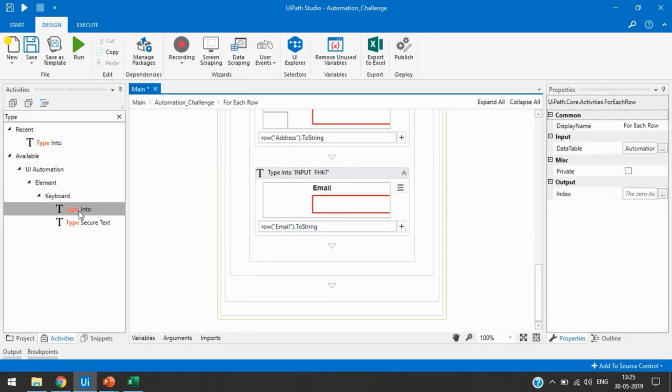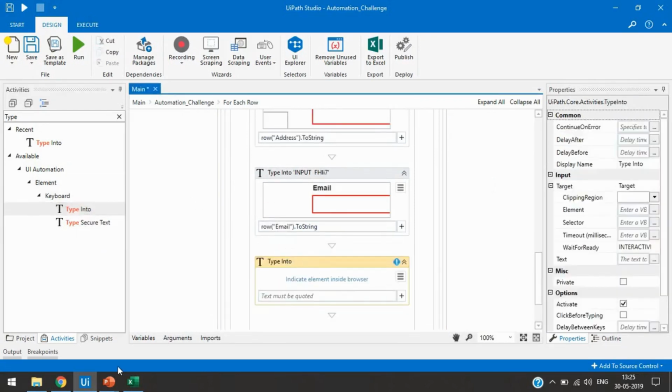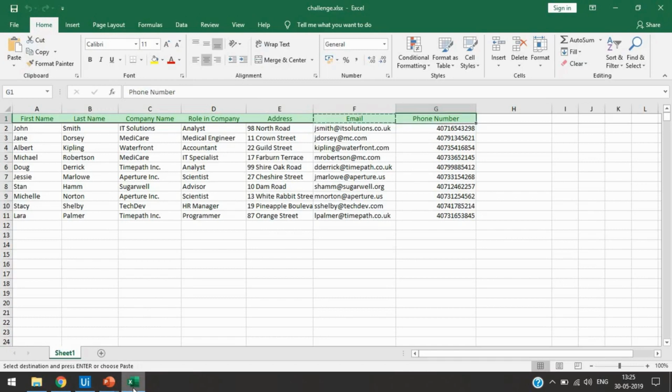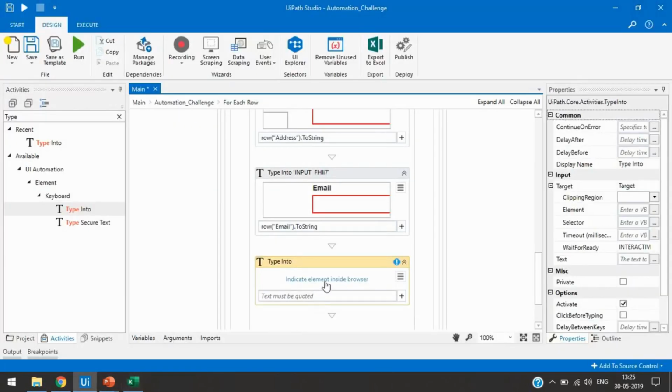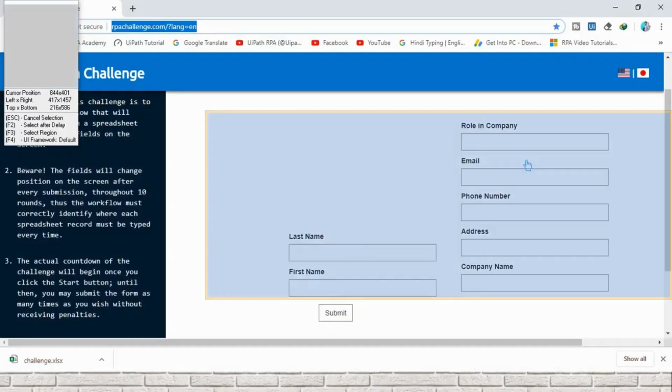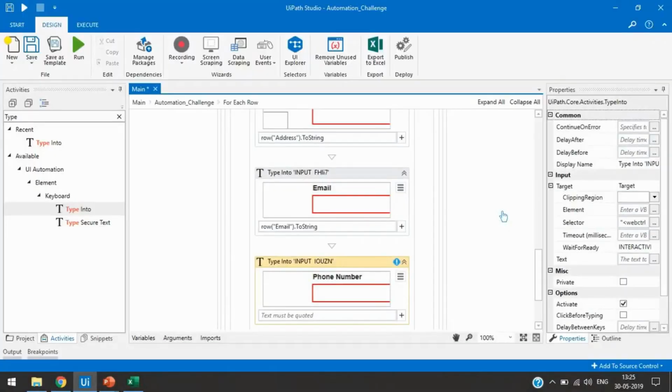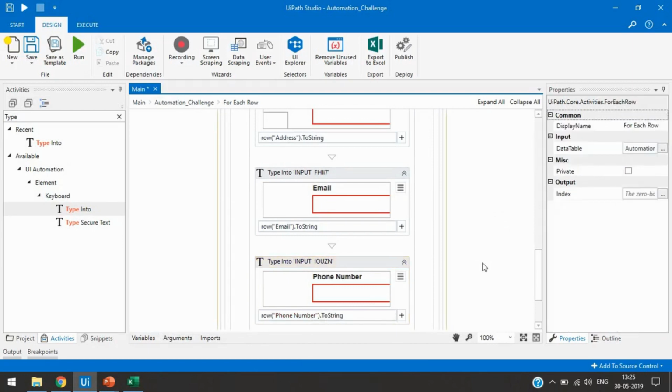Then we'll take another type into activity for the last, that is phone number. Click on this, go to that one, and then select this, and now pass the row, open phone number .ToString. So now we have taken the type into activity for all these fields,